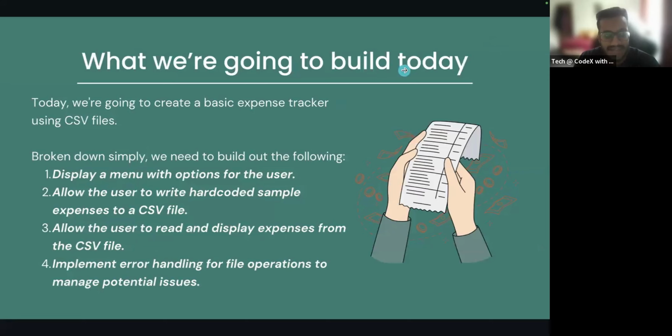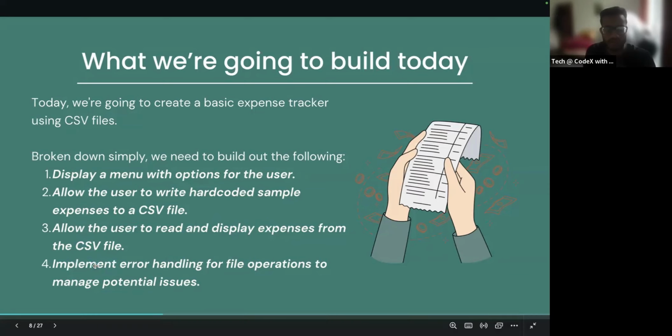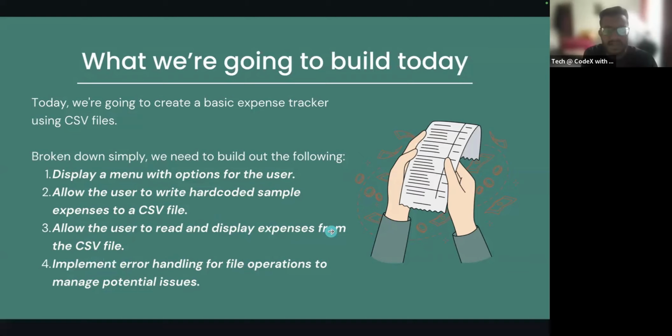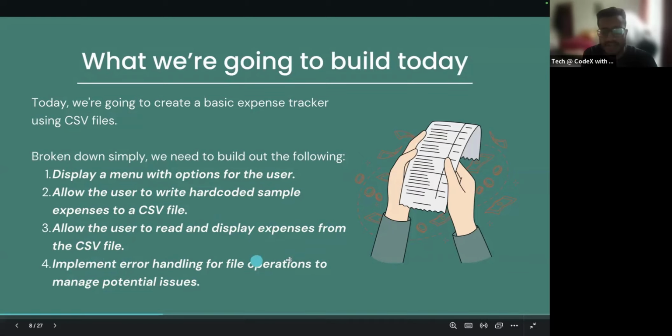What we're going to be building today. Today, we're going to create a basic expense tracker using CSV files. We're going to display a menu with options for the user and allow the user to write hard-coded sample expenses to a CSV file. So we're basically not going to let them write in the expenses themselves. Just for time's sake, we're going to have that sample prepared, and we're just going to let them write that to the file. We're going to allow the user to read and display expenses from the CSV file, and we're going to implement error handling. So in case anything goes wrong, your program will be able to handle errors regarding opening and closing